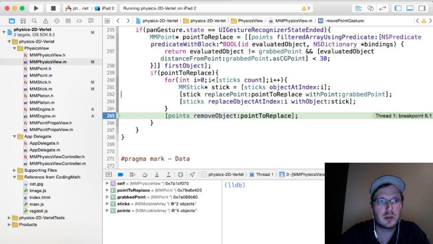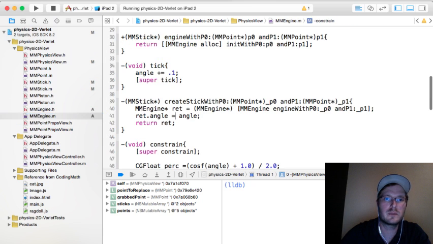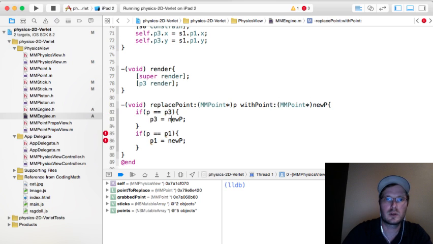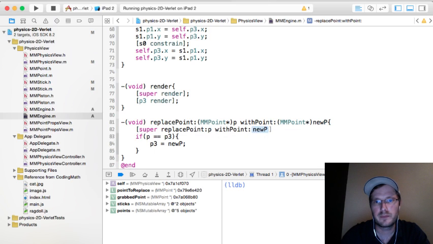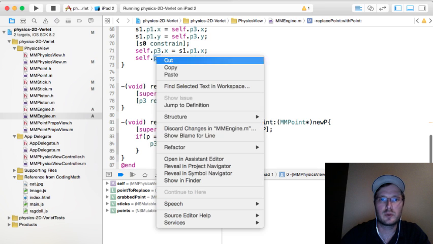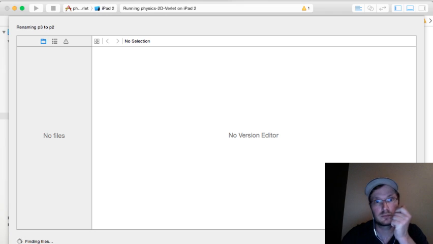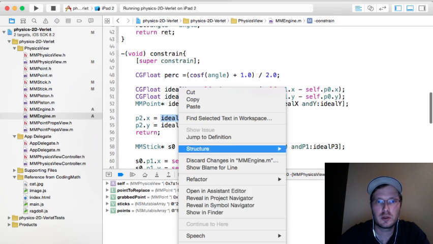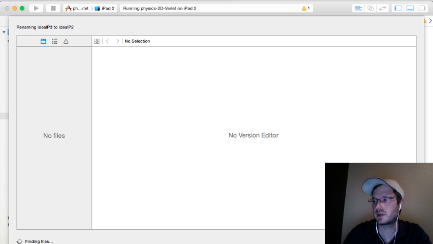And now in the engine, we want to take this guy and extend it so that way he can replace P3, which is a terrible name. So we will rename it to be P2. This is ideal P2. There we go. This is what we want, because now